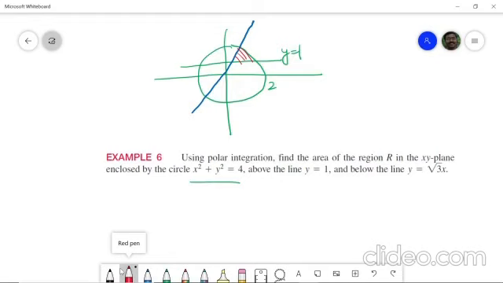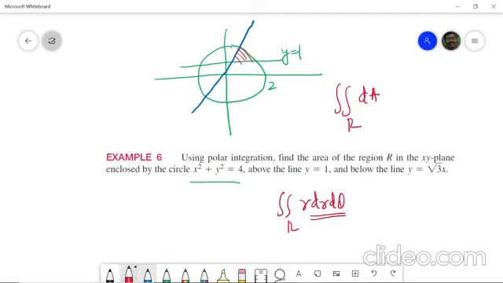So you need to find the area, which is actually the integral over R of dA. When you convert it into polar coordinates, you need to find the integral of r dr d theta. Okay, you need to find the variation of r as well as theta. Now how is r varying? If you take a line through the origin and draw it, where it will be intersecting in this region. If you magnify this region, first of all let me just magnify this region here.